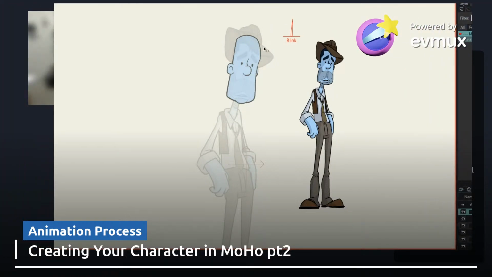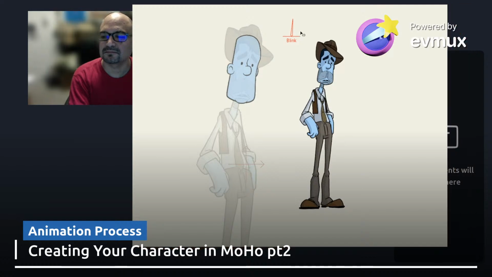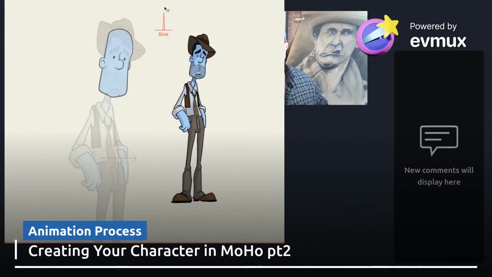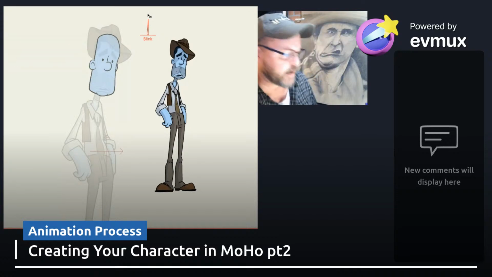The hat's going to be in sections so that we can move it around a bit and make it look three-dimensional. But that's where we're at.